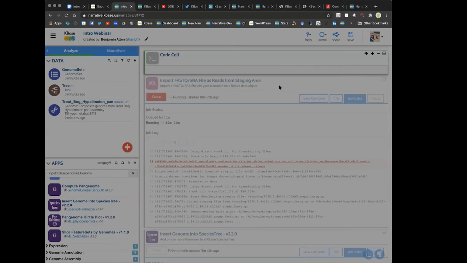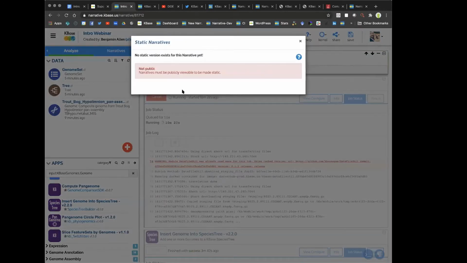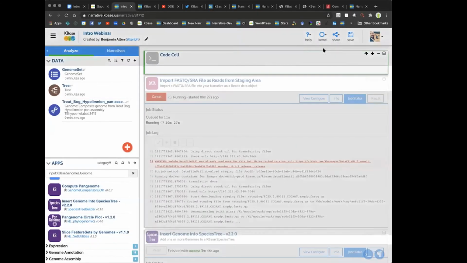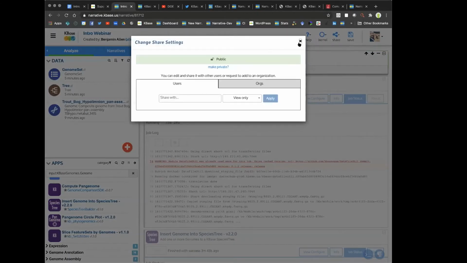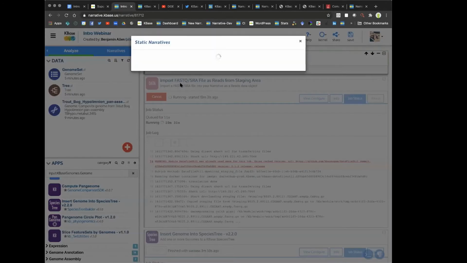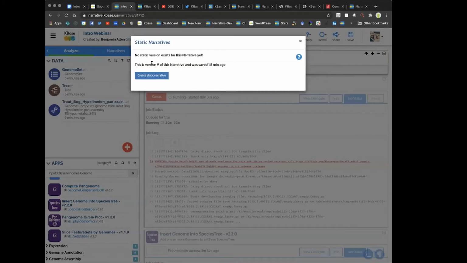So you can do that in the manage static narrative section. You'll see it's not public. If I make it public, I guess I should have kept it public. You can see I can make a static narrative for this. No static version exists yet, but if I click this button, it will create a link to a static narrative